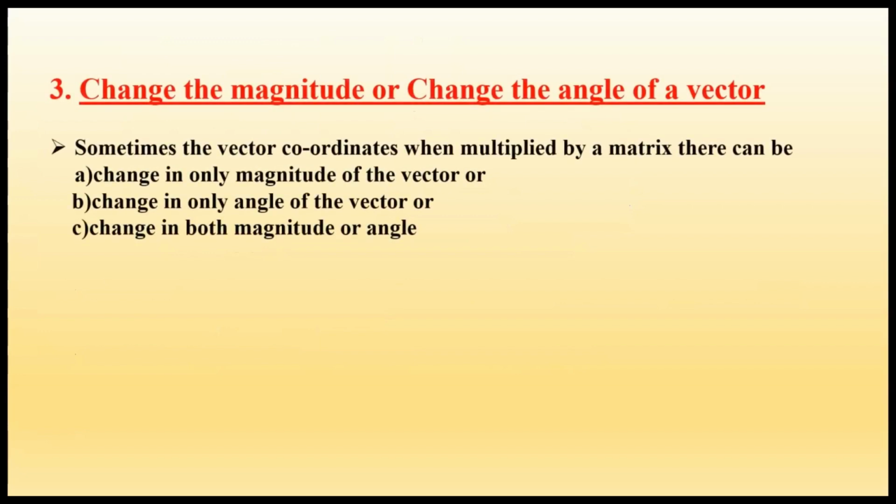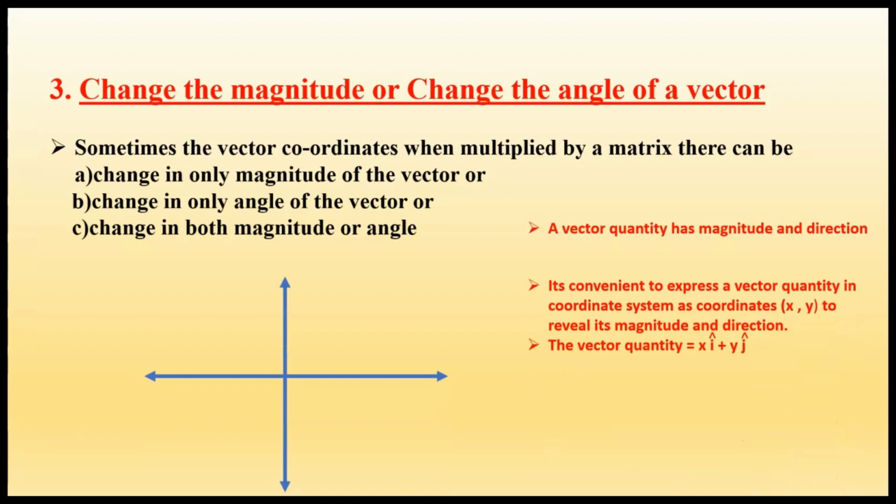And number 3, change the magnitude or change the angle of a vector. Sometimes when the vector coordinates are multiplied by a matrix, there can be a change in only the magnitude of the vector, or a change in only the angle of the vector, or a change in both magnitude and angle. To understand that, you have to know the fact that a vector quantity has magnitude and direction. It's convenient to express a vector quantity in a coordinate system as coordinates x, y to reveal its magnitude and direction. The vector quantity is equal to xi plus yj, where i represents the direction in the x-axis and j represents the direction in the y-axis,